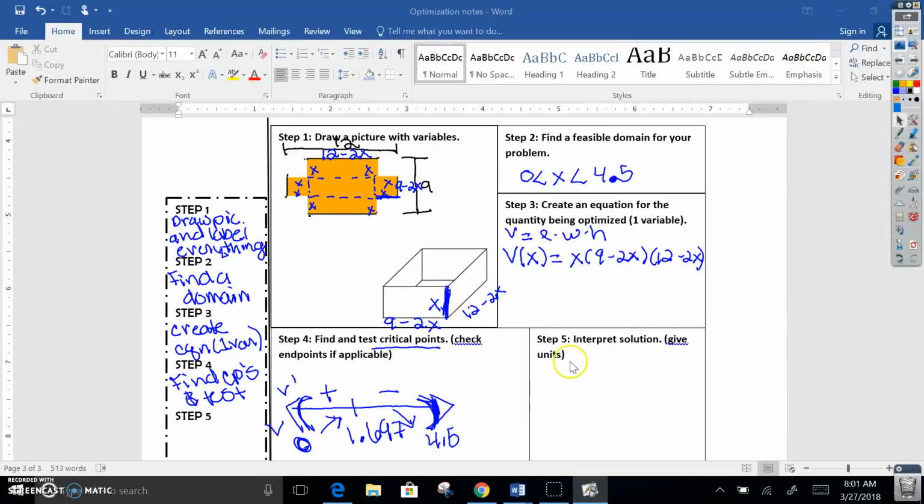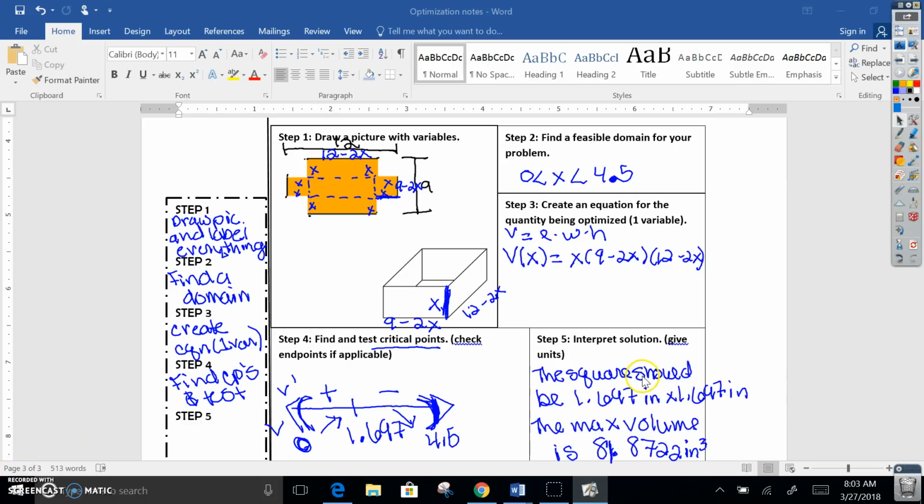The last step is going to be to interpret my solution. If you remember, my question was not only to find the x, but to find the volume. So I'm going to take this x and plug it into my original equation and go ahead and find the volume. So I have my answer here. As you can see, my box is going to be 1.697 by 1.697, and my volume when you plug it in is